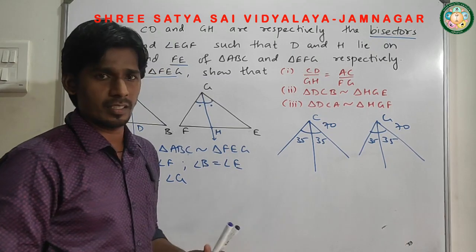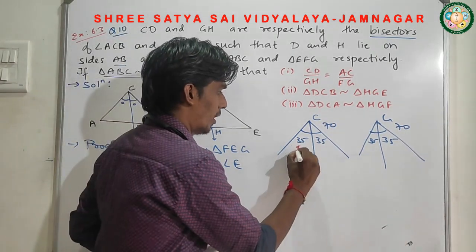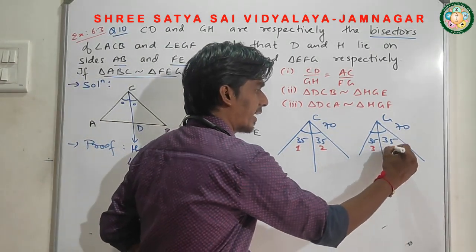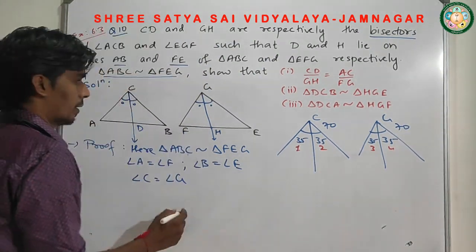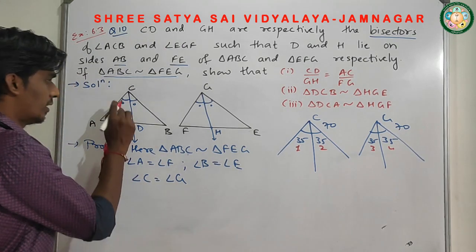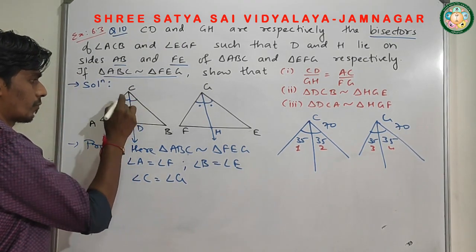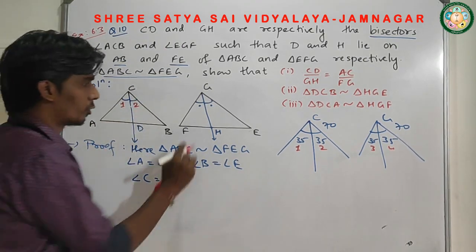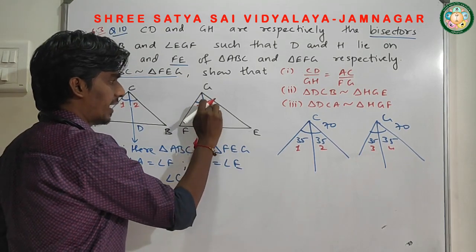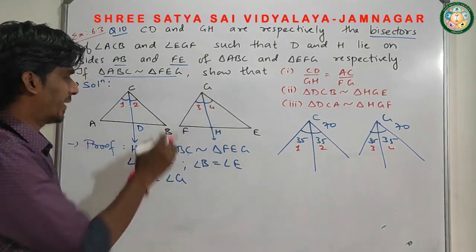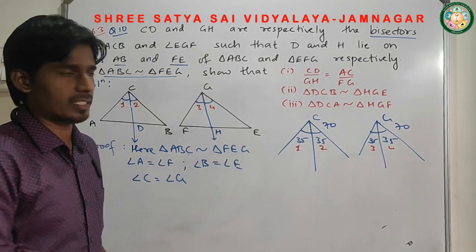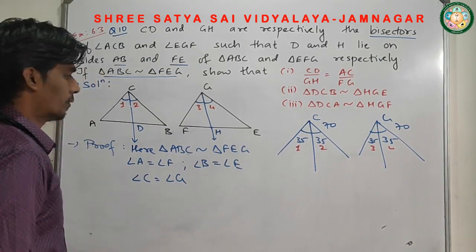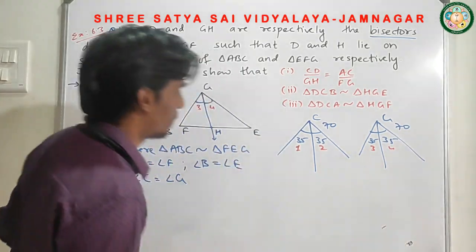So we will name these angles as angle 1, angle 2, angle 3 and angle 4. Now I am going to take corresponding angles as equal because all the angles are equal. So this angle I am going to take as angle 1, this is angle 2, this is angle 3 and this is angle 4. By taking these numbers, it's quite easy to mention the corresponding and equal angles. Now, let's continue with the next part.